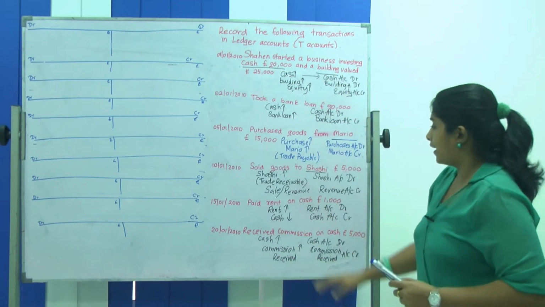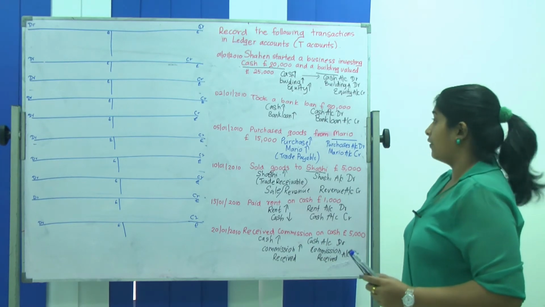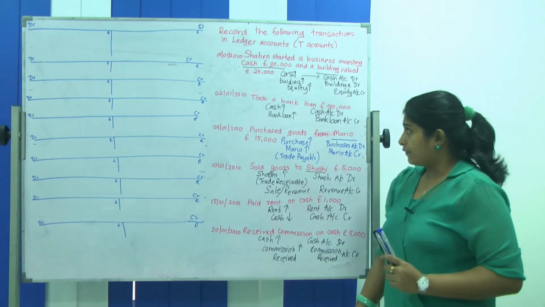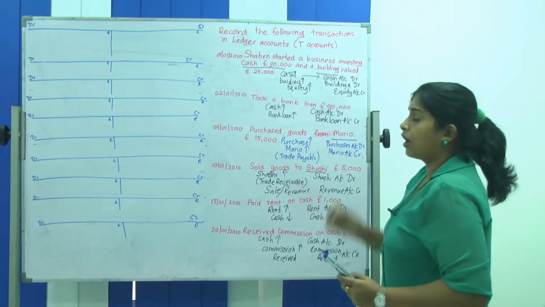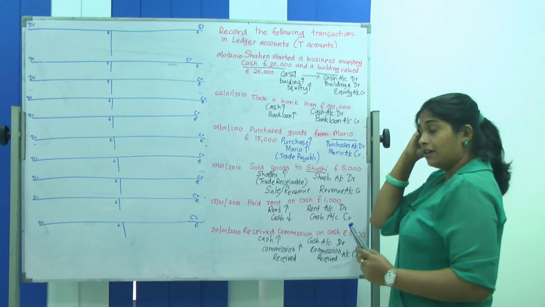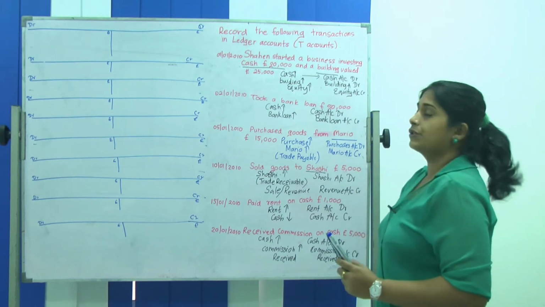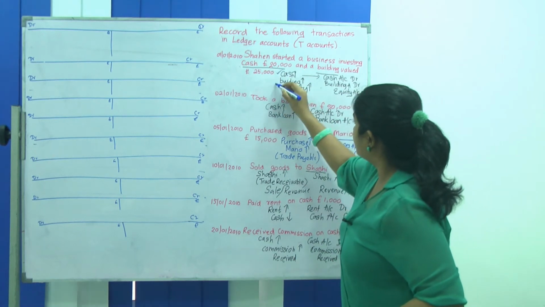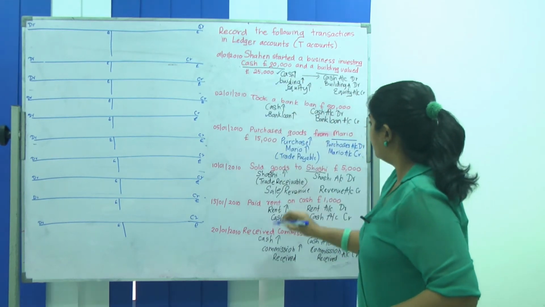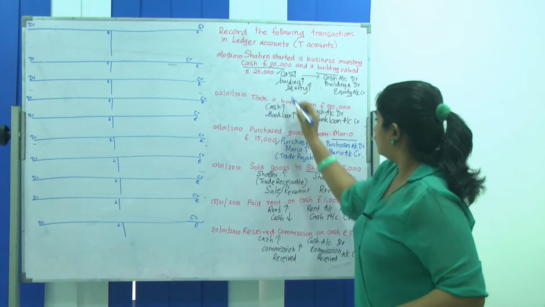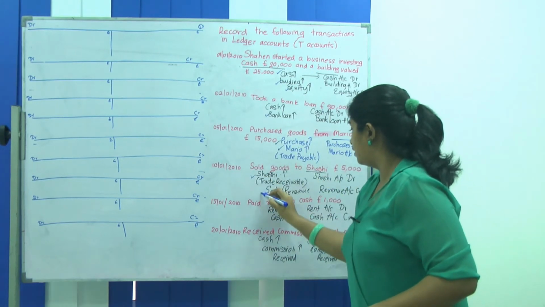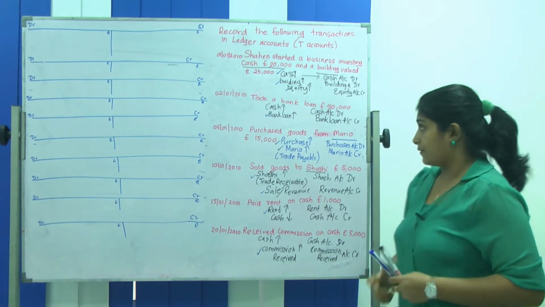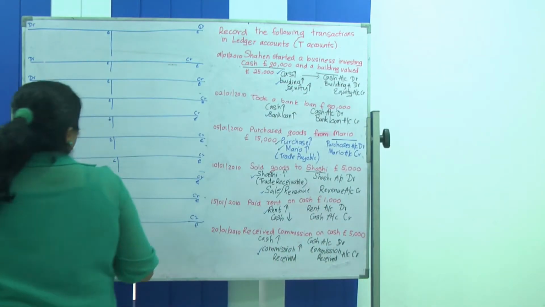Okay, now I have explained what a double entry is. Now I'll teach you how to record. If you first identify the double entry, then you will be able to count how many ledger accounts, or how many T accounts, you need. So we'll be able to count now. You need 1 cash account, 2, 3 bank loan, 4, 5, 6, 7, 8, 9 and 10 T accounts. So I have drawn all the 10 T accounts.